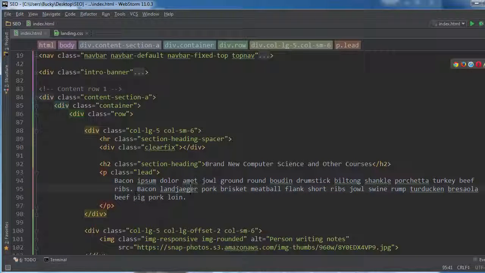Whenever you do this and just overuse the word to try to kind of trick the search engine, this is actually called keyword abuse, or people often call it keyword stuffing. And not only is it unreadable to humans when you just have bacon every other word in a sentence, but it's actually going to hurt your search results because Google knows that you pretty much are doing something shady. So do not do keyword stuffing. Whenever you're writing an article or a web page about bacon, just write about bacon. Let those words occur naturally, and those are going to give you the biggest boost in your search results.